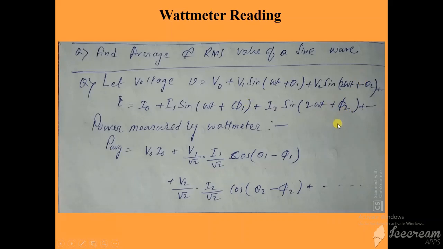But one thing you have to remember here, this is a bit tricky. This part of the voltage will not interact with this part of the current or this part of the current. This part of the voltage will not interact with this part of the current or this part of the current. This part of the voltage will only interact with this part of the current, right? Why? Because if you average this part of the voltage multiplied by this part of the current, since the two frequencies are different, the average will come out as 0.